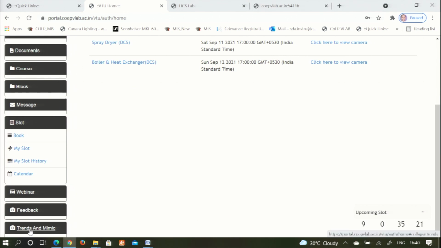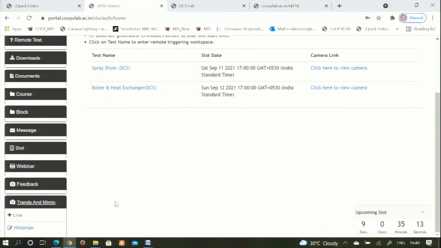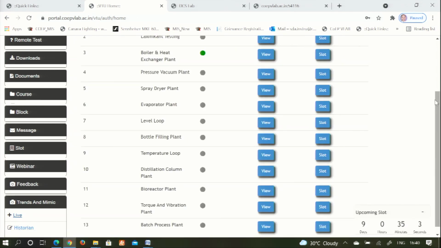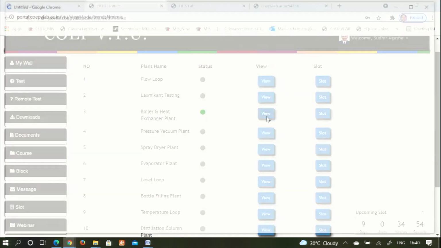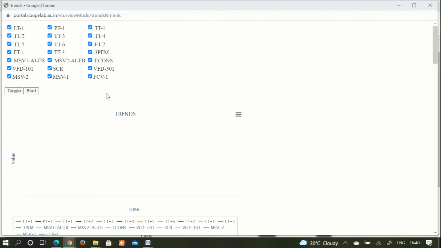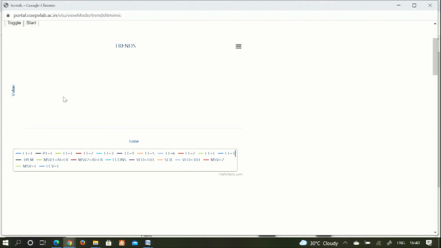So the challenge would be there, the Excel sheet would be there, and the next important aspect is you can see the trends and mimic. So if one student is working on the plant, what will be the role of other students? They can go in live and they can see what is happening in the plant. So for example, I want to check, because now this plant is on, I get a chance, I go in view mode and I see what is happening here. Just see here. So the entire data would be available here under the train to those students,